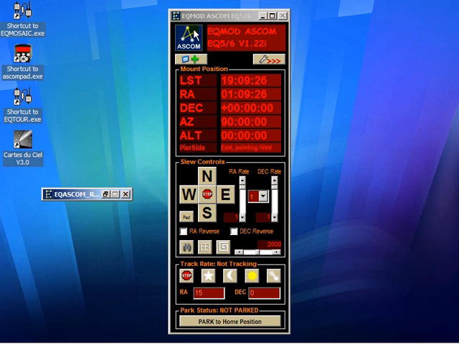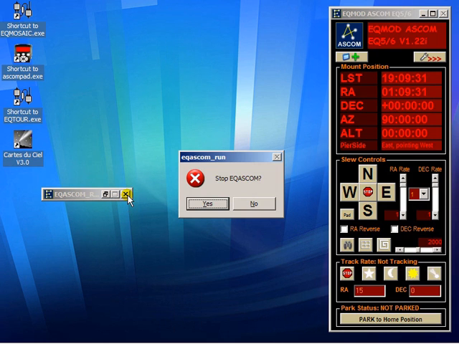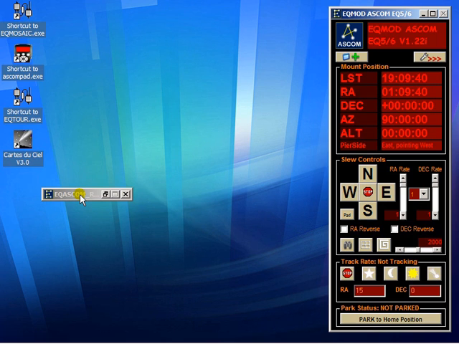If I try and close it manually, a little dialog pops up and asks you, are you really sure? I say no. And the same if you do an Alt F4 or any other way to stop it from the task manager or whatever. Windows can shut it down when Windows shuts down, but otherwise it's very hard to close down, and that's very useful because normally